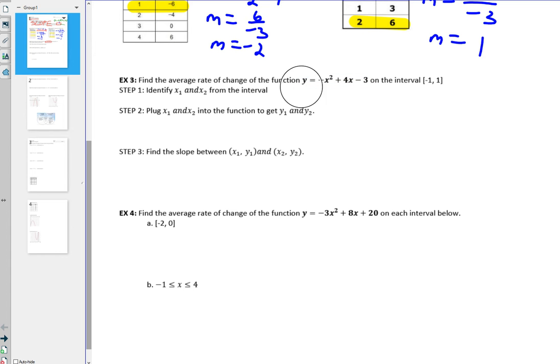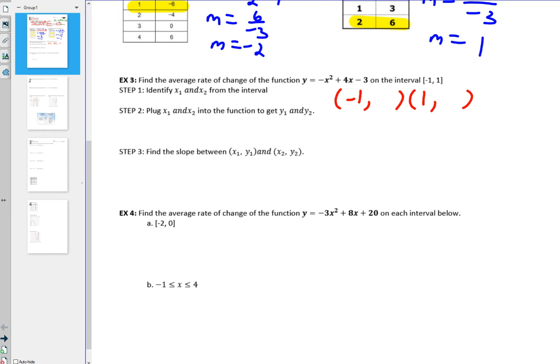So they're still giving you the x's. What's the first x here? -1. So I know one of the points to put into the slope formula is going to be -1 comma something. And then the other point is going to be 1 comma something, but I have to figure out what that something is. Unlike with a table where you can just look at the number next to it, here I'm going to have to evaluate the function. So you can either get these numbers and put them in for x, first the -1 and then the 1, or